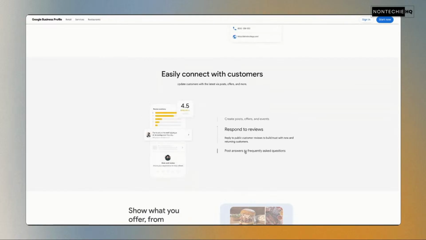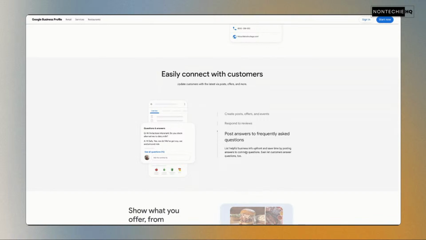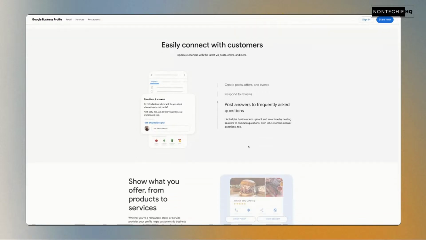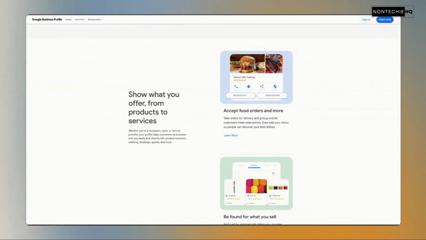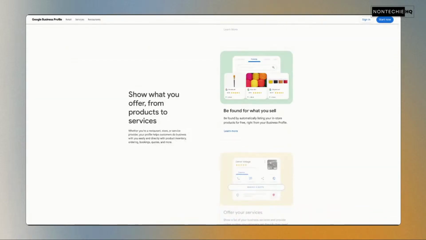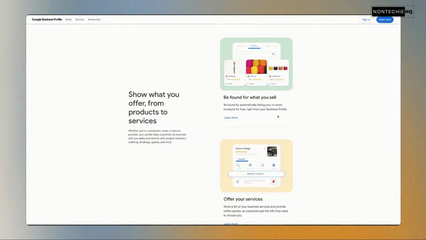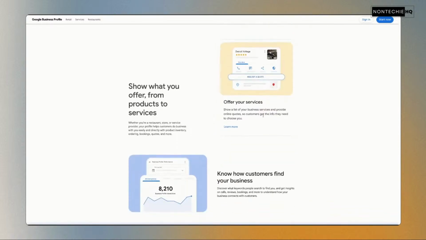You can create posts, offers, events, respond to reviews, and even answer frequently asked questions so that your customers can view this while they are looking at your business and see that you care and you're answering. From that same Google profile, you can accept food orders, do delivery and pickup, based on who your website platform is with. You can be found for what you sell through Google Merchant, where you can list your products for free, and they will be connected to your business profile and shared across Google.